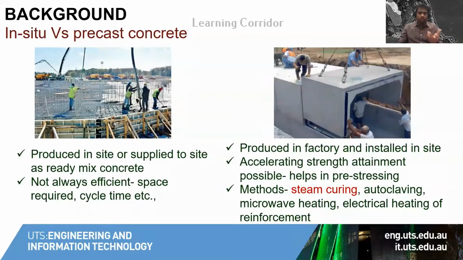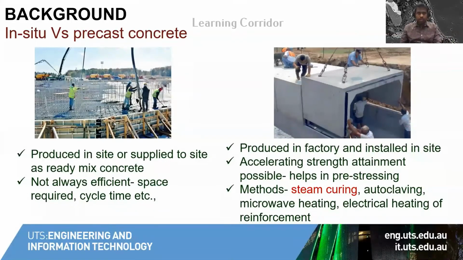We can differentiate concrete based on what state it comes to the construction site. If the concrete is freshly made at the construction site and poured into the work, we call it in situ concrete. Whereas if a hardened concrete element is produced somewhere else in a factory, transported to a construction site and installed, because it comes pre-made,